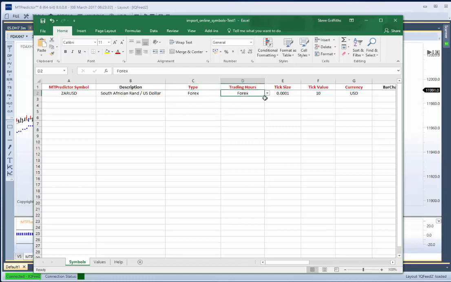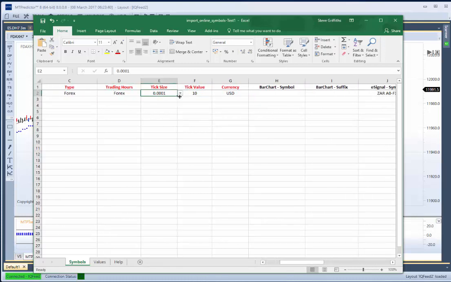Our trading hours you wish to use, again, this is available by a drop-down box here. In this particular case, I'm going to use 4x. Then the tick size. Again, this is by a drop-down box. In this particular case, it's 0.0001. You then have to type in the tick value, i.e. what the value is in the local currency for each tick movement. In this case, it's going to be 10. And then for the currency that it's denominated in, you have a drop-down here for which currency the symbol is